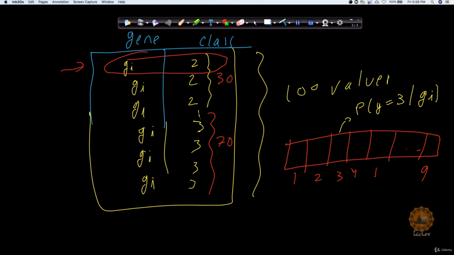This is going to be 0.7, because if you recall from Bayes theorem, this value says I want the probability that y is equal to 3 and gene I, divided by the probability of gene I. So this is going to be 70 divided by 100, which is the total number, so I get 0.7. Similarly here I will get 0.3, and in the remaining places I will put 0. This is how we will be imputing the value instead of keeping it categorical.